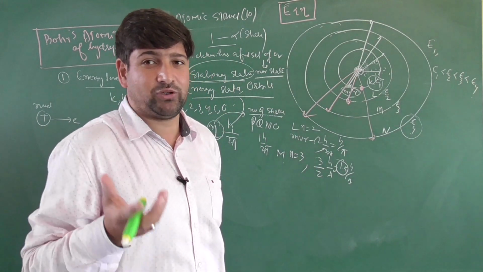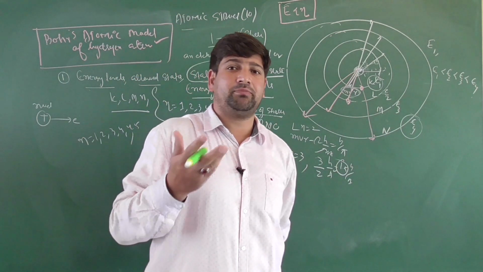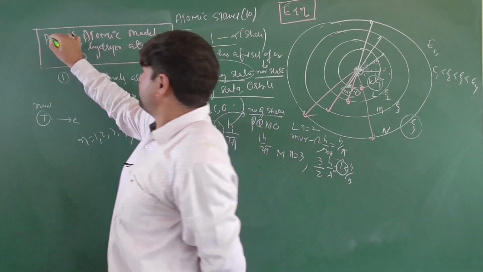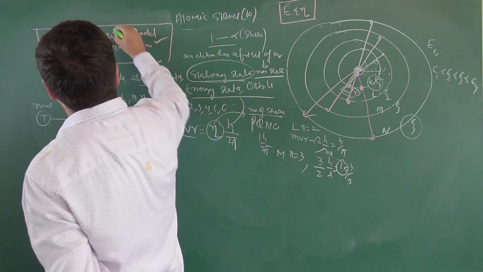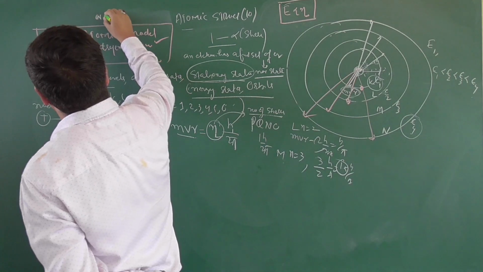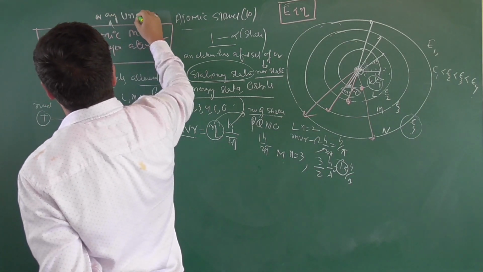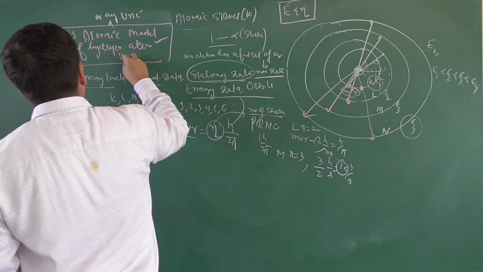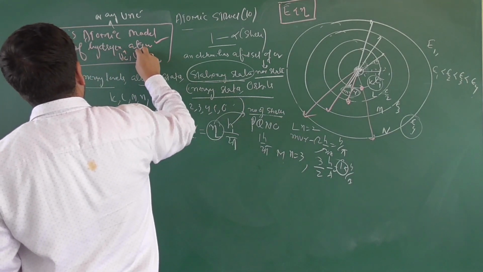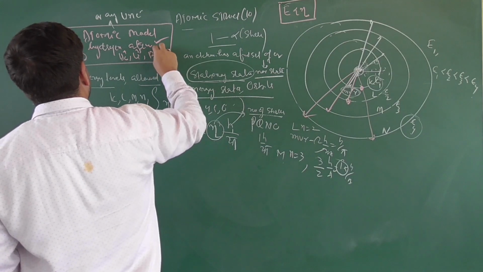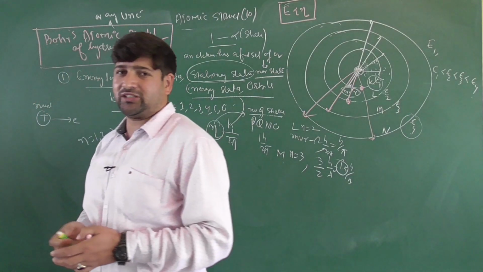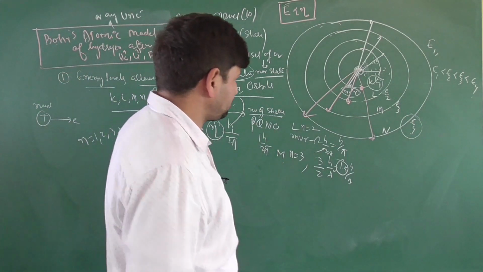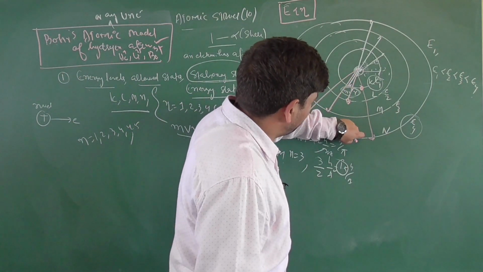If we are talking about the hydrogen atom, then we have how many electrons? Only 1 electron. Bohr's model of an atom is applicable to the hydrogen atom or any uni-electron system. What are the different uni-electron systems we have, children? We have helium plus, lithium 2 plus, beryllium 3 plus. Uni-electron system means the number of electrons will be 1. Clear? Good. So these are the different energy levels we have.